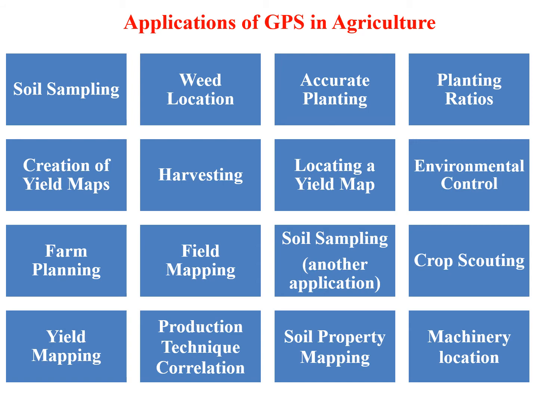Yield mapping. After a crop has been planted and is ready for harvesting, GPS can be used to make an estimation of the yield of a given farmland. This can be achieved through aerial mapping, where experts can tell the quantity of a yield based on the area covered by the crop.